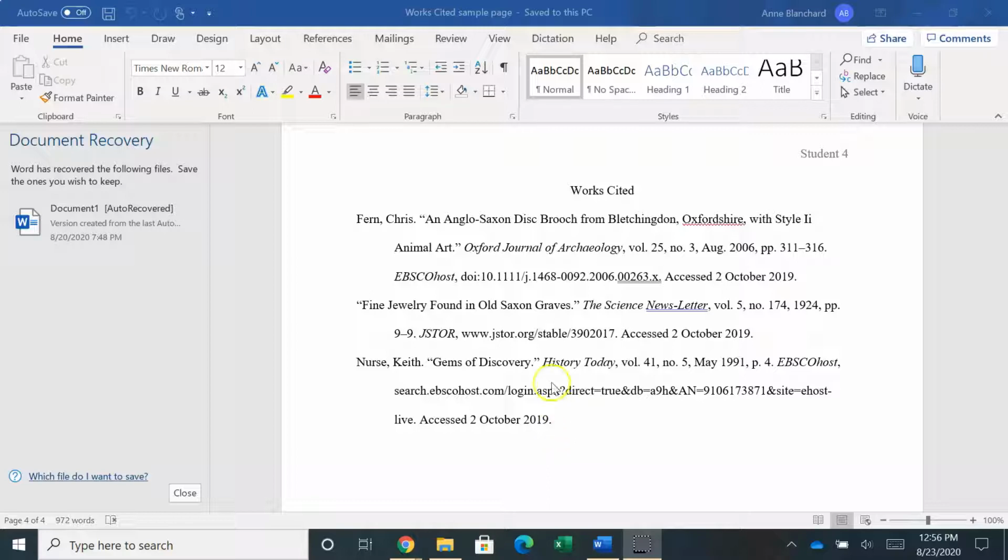All right, I want to point out that this next one, I don't know why this says pages 9 to 9. I mean, that's obviously an error. It would be one page 9, or it might be pages 8 to 9 or 7 to 9. So I'm not quite sure what happened there. But anyway, this one is from JSTOR. And some of you may be using JSTOR, and I want you to notice the address on this one. We don't have a DOI, and you can't make one up if there isn't one. And this article didn't have one, but it had,